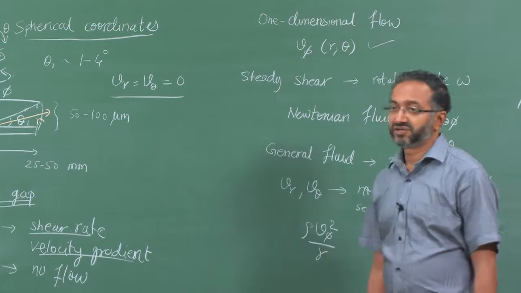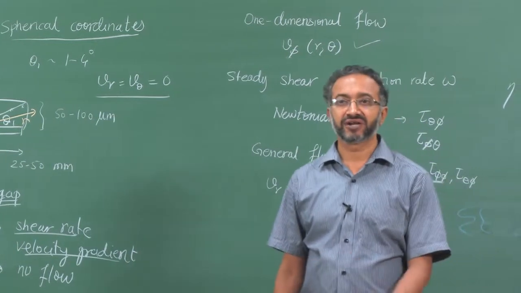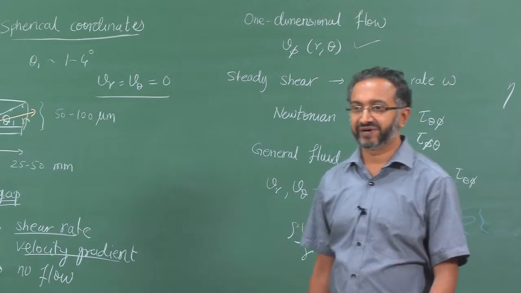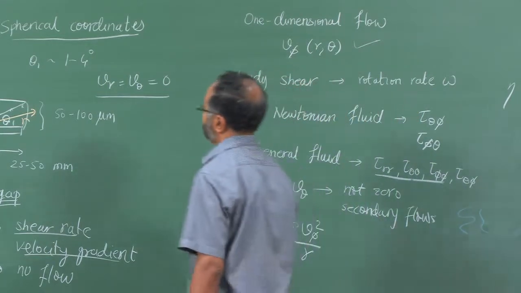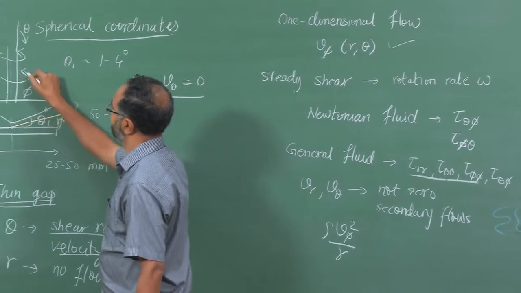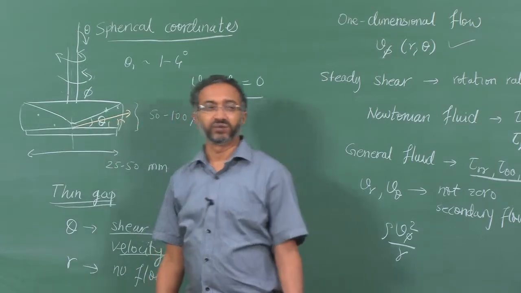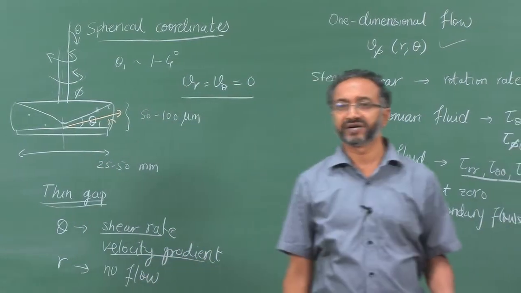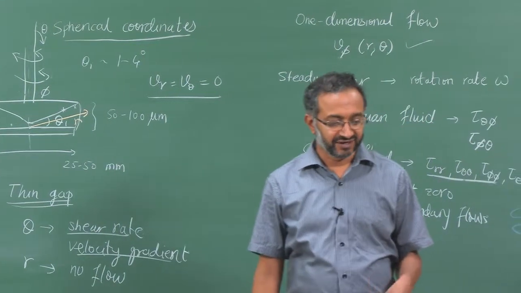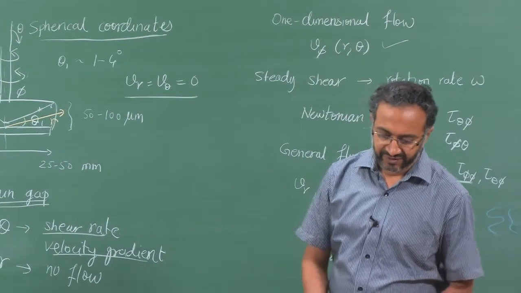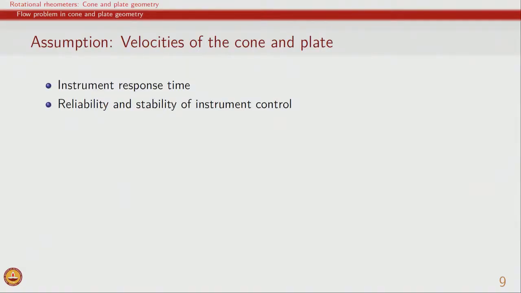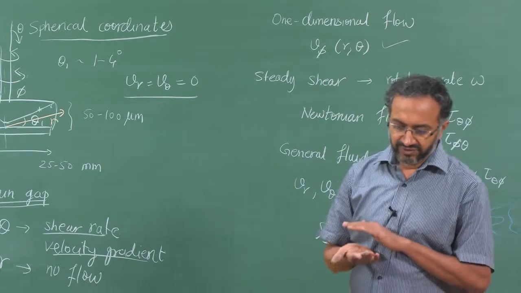Okay. So, and the other boundary conditions which are required to solve this flow, given that we are solving for V phi, are the fact that velocity at the cone is basically based on this r omega, and velocity at the bottom plate is 0, and this is the no slip boundary condition. And so, that is another major assumption that we are making, that velocities of the cone and plate are being imposed. So, we are imposing certain rotation on the cone, we are making sure that plate is stationary,